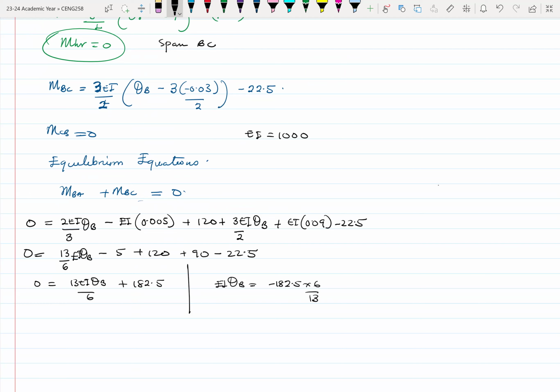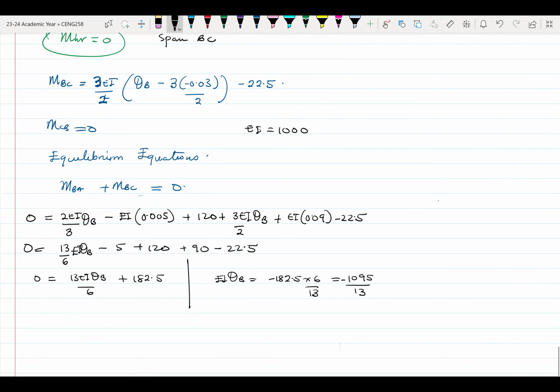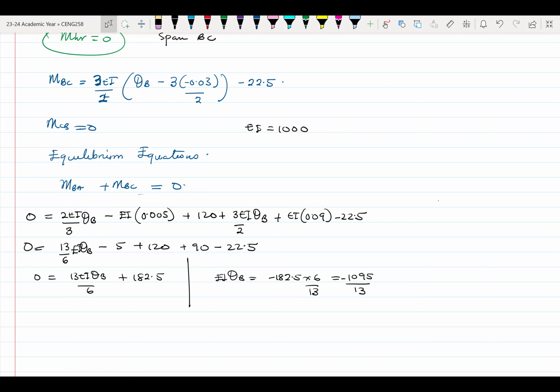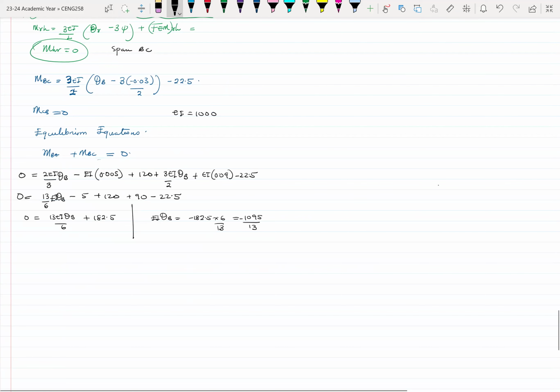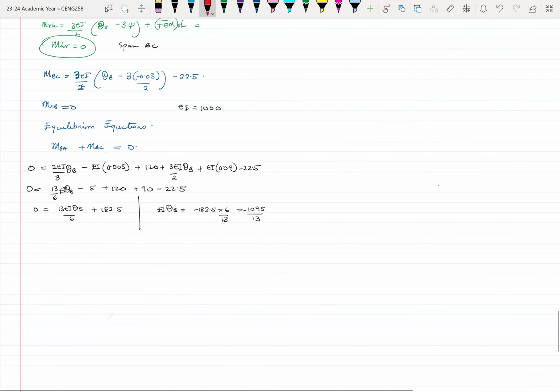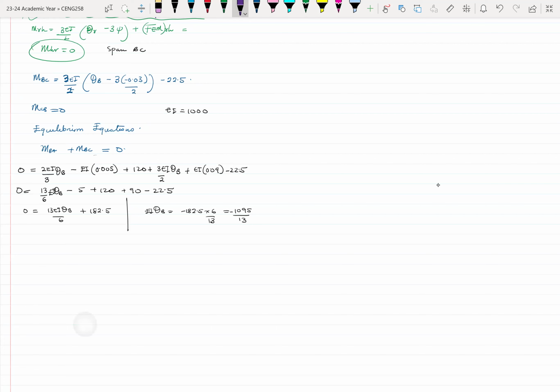So this will give us minus 1095 over 13. So this is your EI theta B, right? It will not give you the same answer as the previous one. In the previous we got 690 over 13 minus 690 over 13 anyways. So let's see if we are correct, okay? Let's find out MAB. So here our MAB,